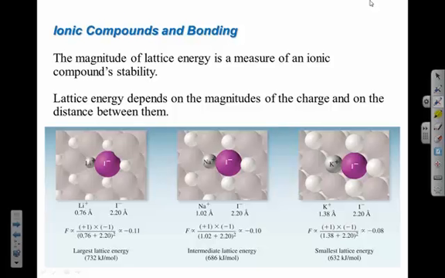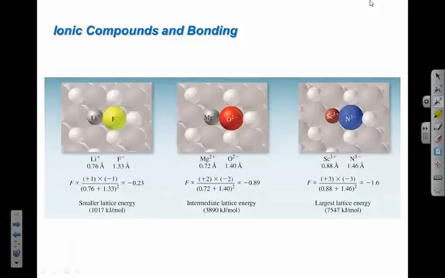The charges get closer. When I think about this, I've got gaps in here because these are both large atoms. If I want to pack things tightly and get a stronger attraction, a greater lattice energy or a stronger attraction between the ions, the smaller this one is, the more I can pack it in next to the other one without creating gaps between them. So the lattice energy is somewhat affected by the size of the atoms and how closely they can pack into an ionic solid